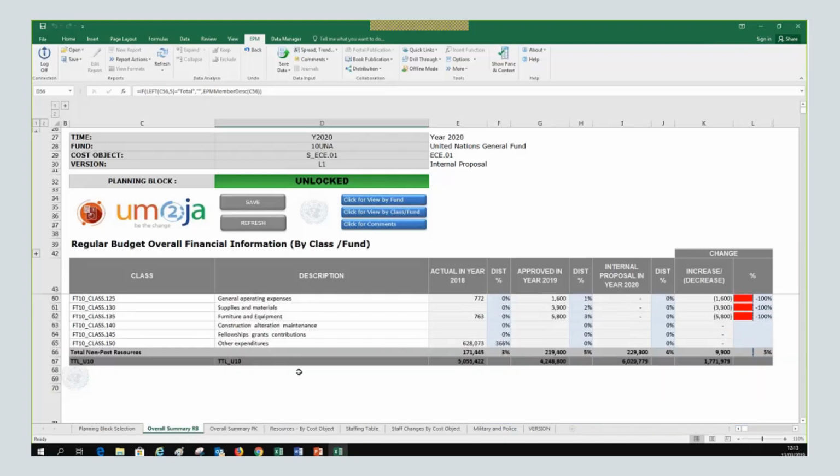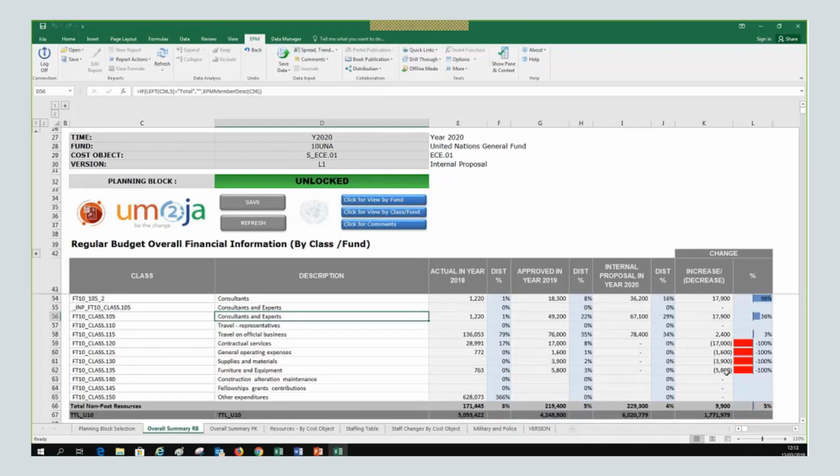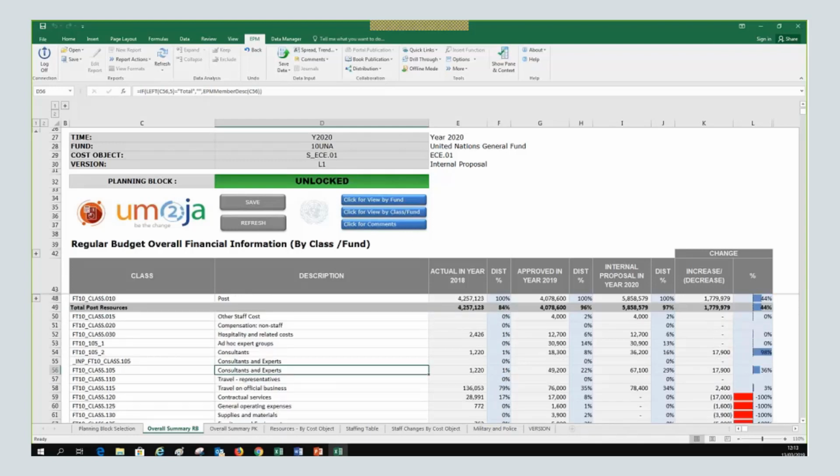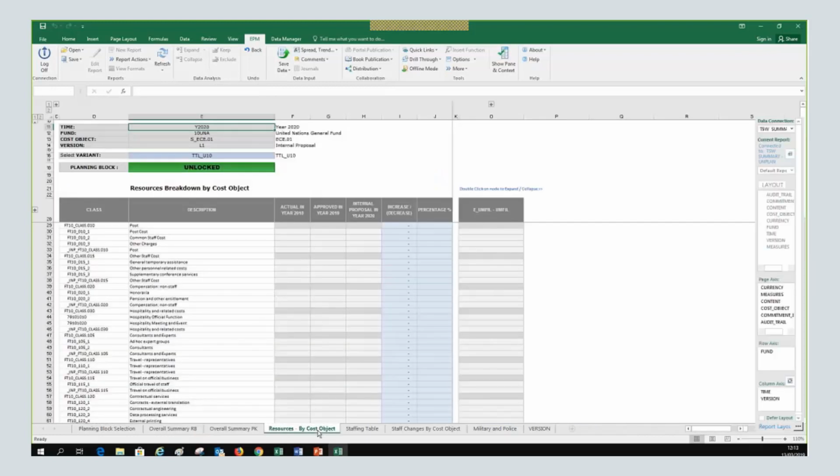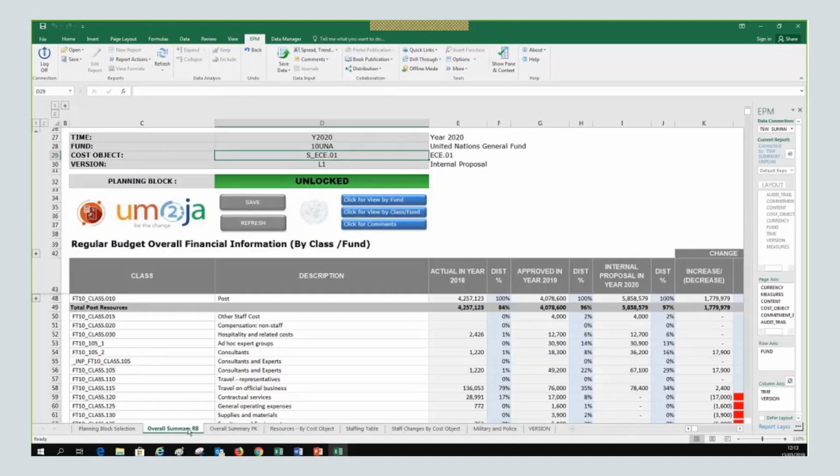We have the summary. We can have all the aggregated information, and we have the difference. So the person that has to review, approve, or reject has a good view of it. Okay, but we see the information at, let's say, sub-entity level, but we don't see it at cost center level, right? So how do we see it? How do we see the breakdown by cost center?